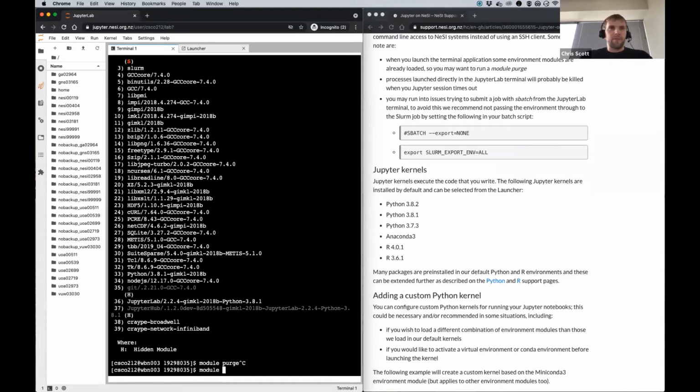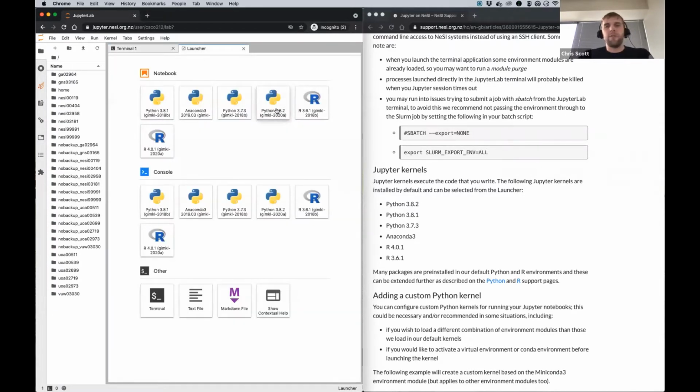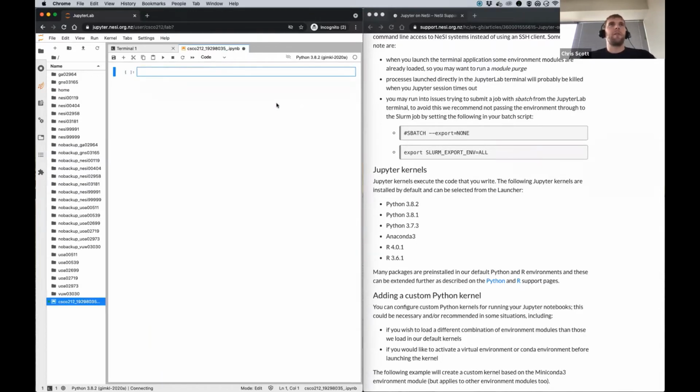So, for example, if I was to do a module spider, which is a search, for Python, you can see that we have about eight Python versions installed in the cluster, and one of them is 3.8.2 GimKL 2020A, and it just corresponds to this. If I was to launch a notebook with this one, it would be the same thing. So just to show that the same software is available through Jupyter that's available through the command line as well. So if I actually go and click on this button here, it's going to launch a Python notebook with the Python 3.8.2. And so we include a whole bunch of default packages installed within this Python